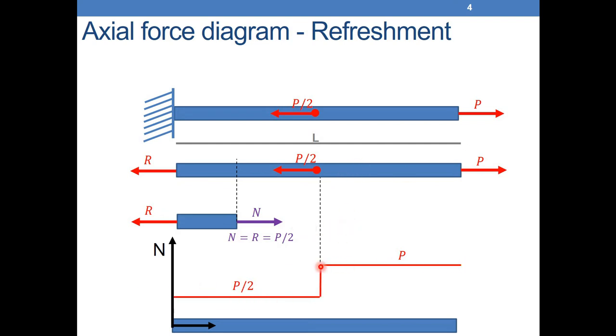So that's what we did in the second lecture. We can see that the internal normal force in this portion is different than in this portion. Every time I have an external axial load, I need to make a new cut to check what will happen here. So that's the idea. Now what we will do in this lecture is the same, but for bending loads,